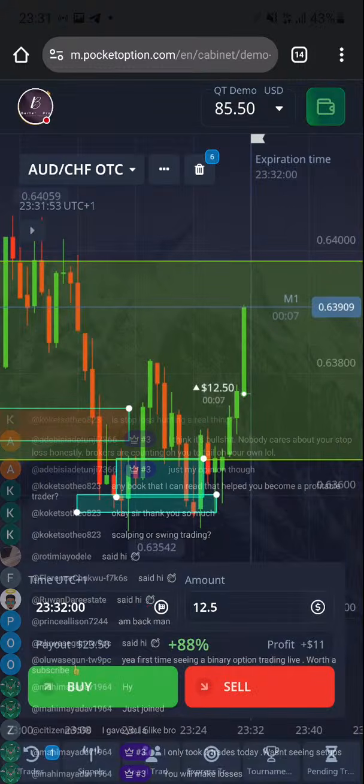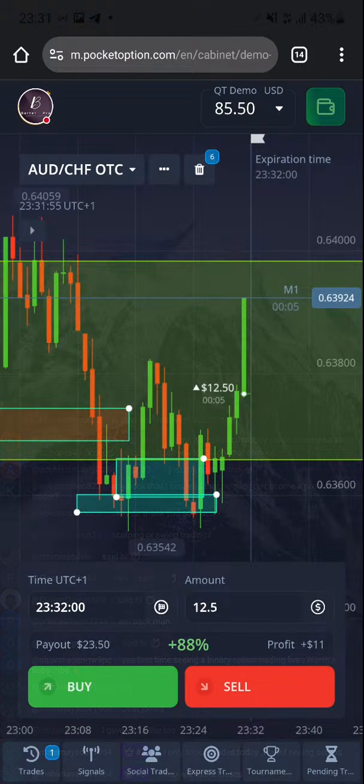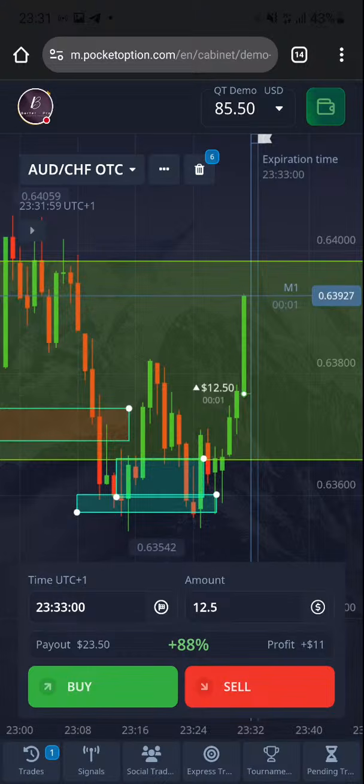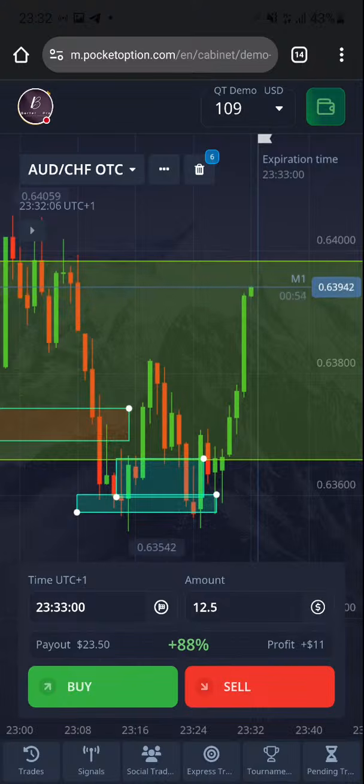Okay, it's possible, but look at it now. It's going to be a win. It's going to be a win now. Look at it. You understand? I'm just going with the momentum, though I usually don't trade with the momentum like this. I'm even surprised that I'm winning this. But I know it's because of this momentum, this double bottom.